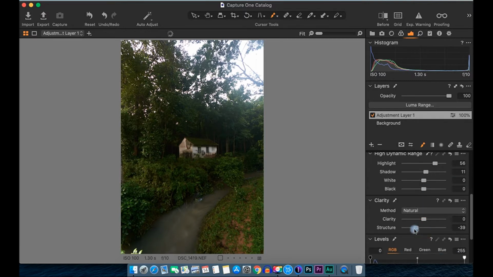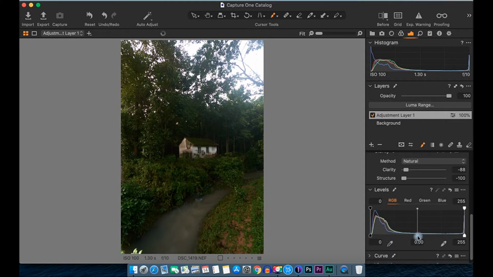Reduce the structure and reduce the clarity to increase the smoothness of the water. In the levels section, increase the midtone a bit and pull down the shadow, so that will darken the edges, and same thing with highlight as well. I think this is pretty much done.